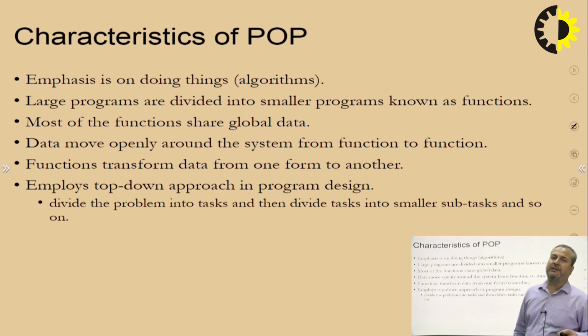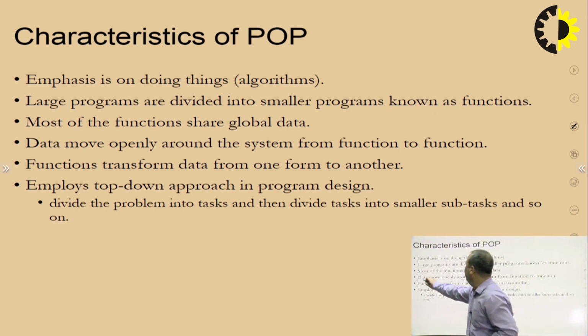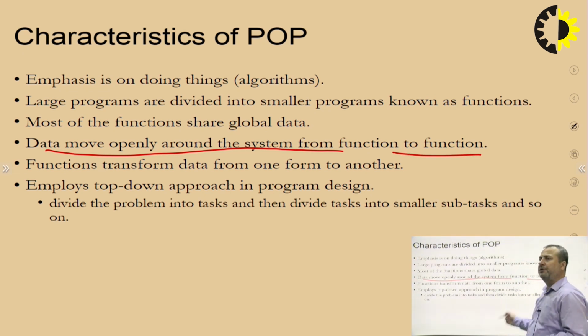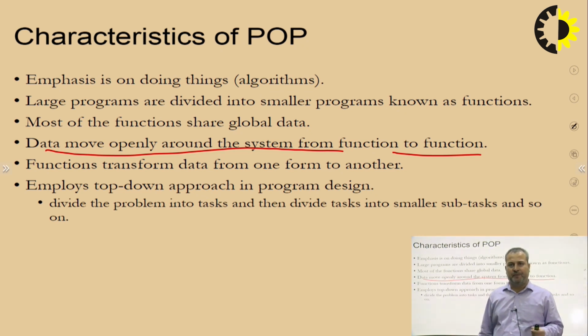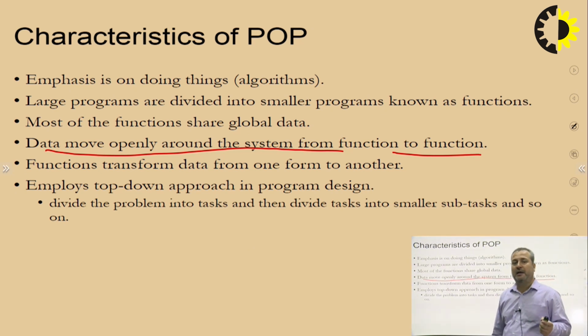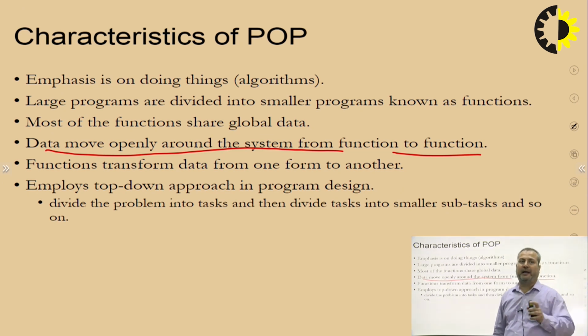So most of the functions share global data. Data moving is the main point. You can say even the drawback is that data moves openly around the system from function to function. Of course, if the data moves openly in the system, then data could be vulnerable and not secure, and that is overcome up to an extent by object oriented programming, in which data is kept hidden and only the functions inside the class are allowed